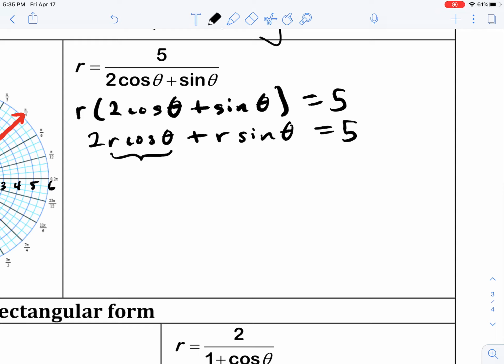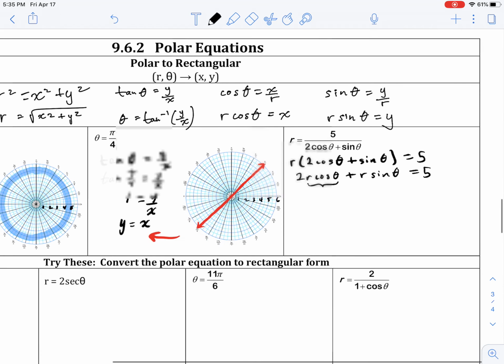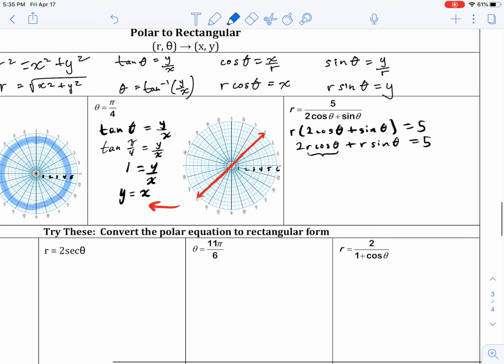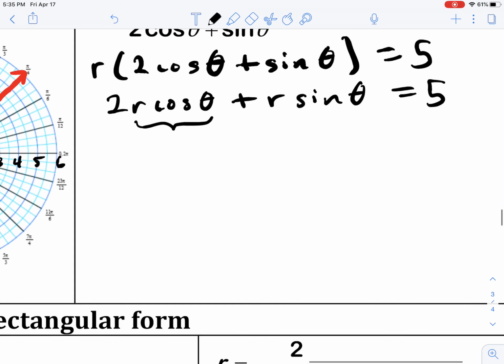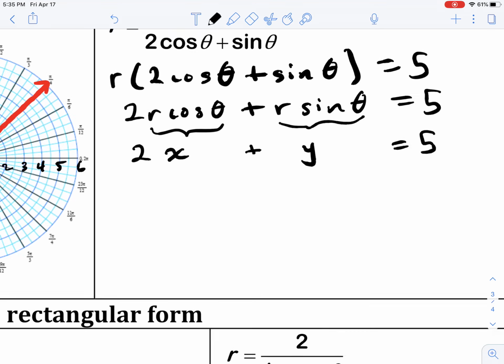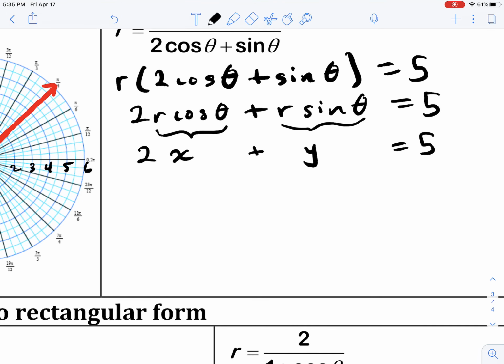We have r cosine of theta. And if we go back to our equations, we know that r cosine theta is equal to x, and r sine theta is equal to y. Well, using those, let's go back. So if we know that 2r cosine theta, we can write that as 2x. r sine theta is simply equal to y. And if that's equal to 5, what do we have here? We have 2x plus y is equal to 5,